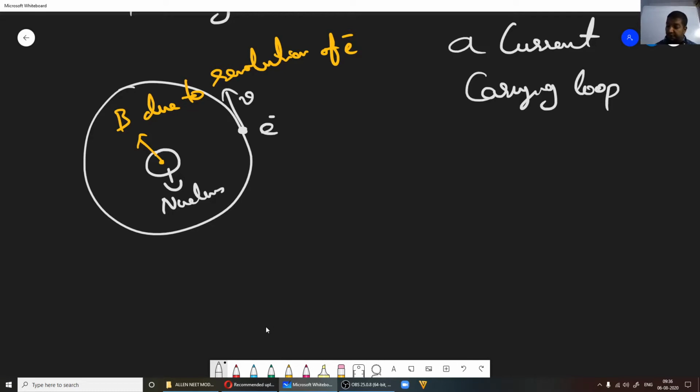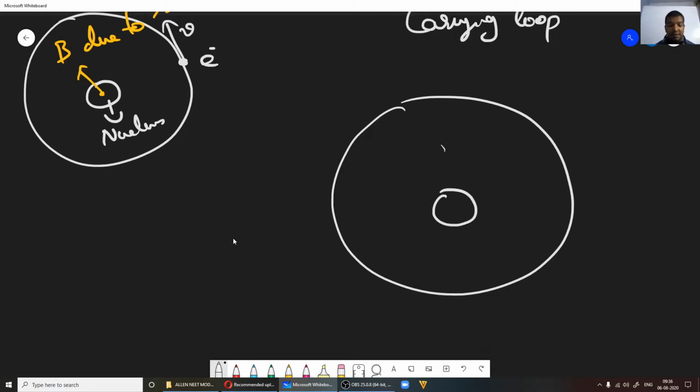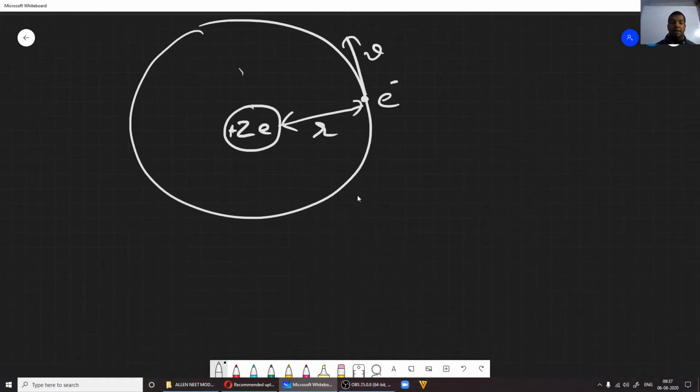Now if you recall a few properties about this revolution of electron around the nucleus, it is something like this. So nucleus, say the net charge is Ze. Now we'll take one particular electron which is revolving around its orbit. Now when this electron is moving with some velocity v, and say the distance between the nucleus and the electron is r, then what can we say here is Bohr's postulates. So Bohr's postulates, we will use this centripetal force. Now centripetal force will be provided by the electrostatic force between the electron and the nucleus, correct?